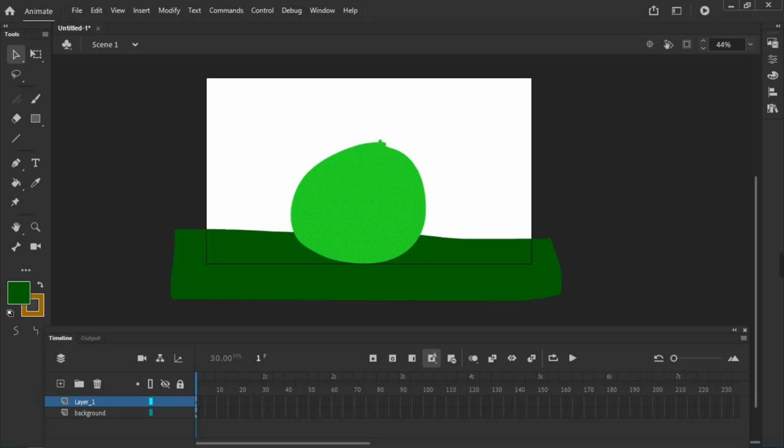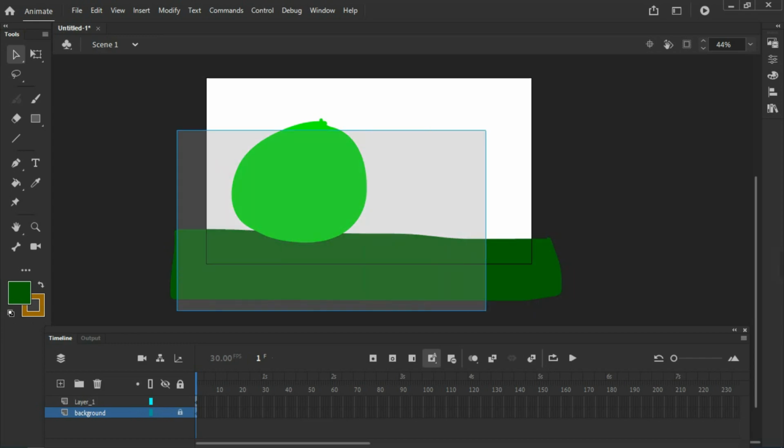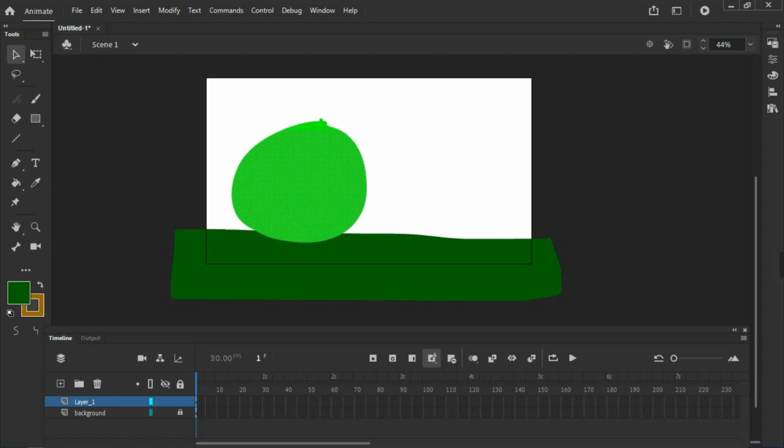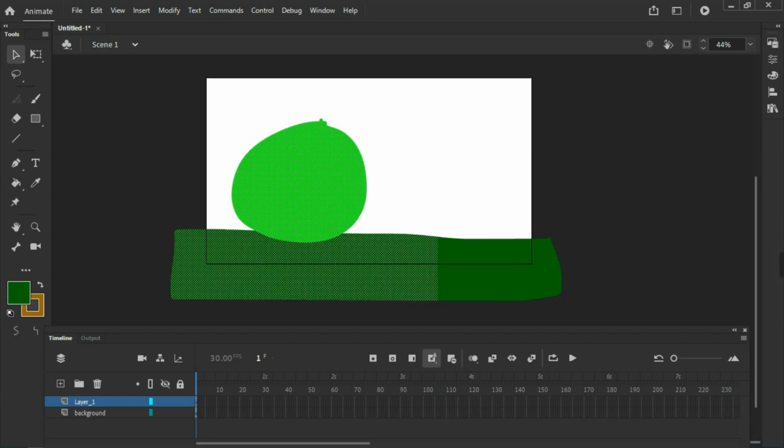Now if you want to lock this layer, for example, I don't want to change this layer, I just want to change this object and play with this object only. What you can do is lock this layer, and for that you can just click on the lock button. As you can see, now I can do anything with this object, but it will not affect this layer. But if I don't use this lock button and I delete this, this particular object is deleted too.